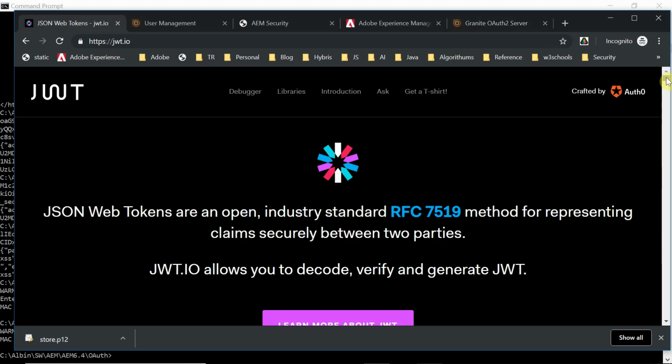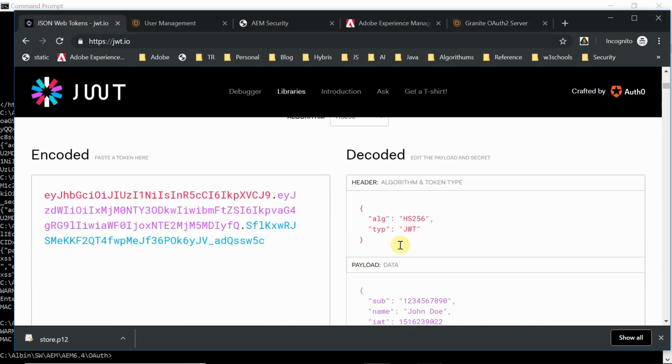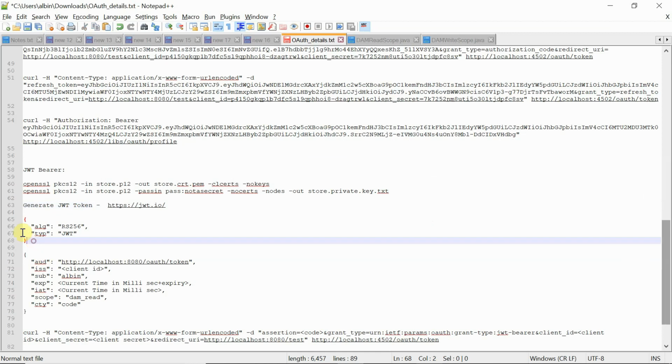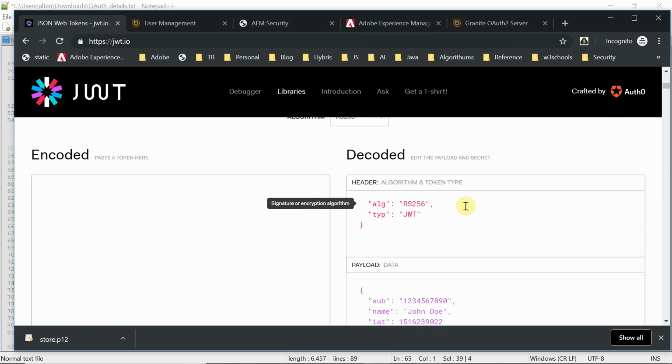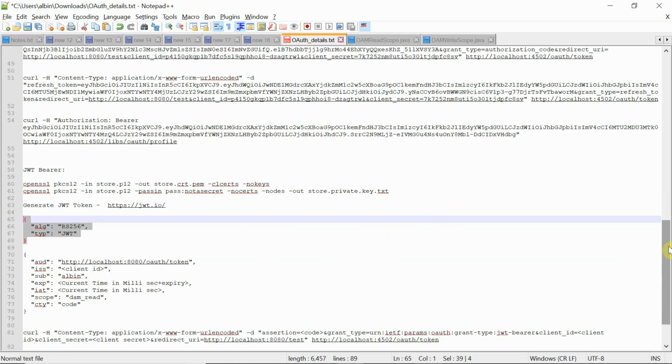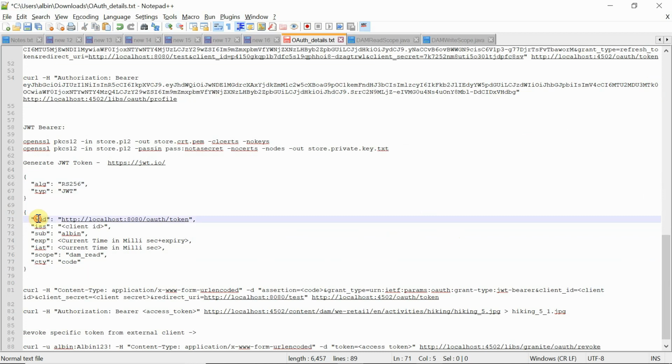If you go here and come down, I need to put some header data. This is the header data. The algorithm is going to be RS256. Now some data you need to change in the body: mainly audience, issuer, subject, expiry, issued at, scope, and cty. The audience is the server URL, so you have to keep the URL where AEM is running, with the token endpoint.